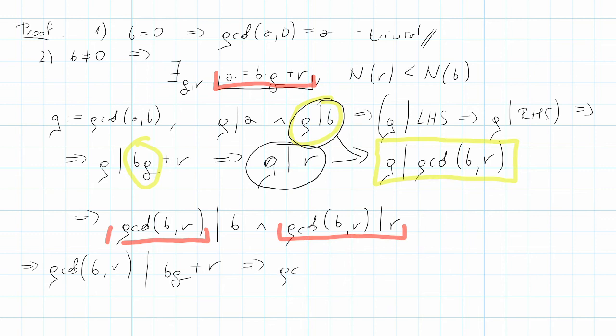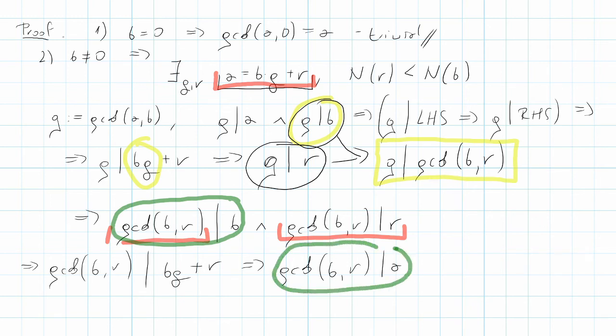So the greatest common divisor of b and r divides a. So now we can just look at the last step. I will mark it in green. So we have the greatest common divisor of b and r divides b, and the greatest common divisor of b and r divides a. But from these two facts,